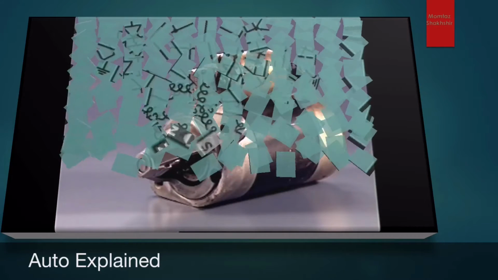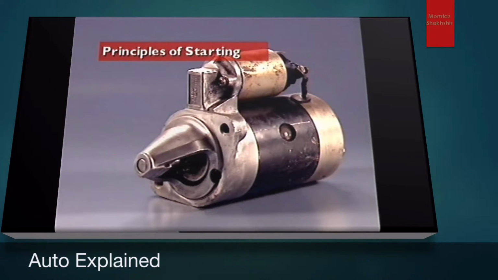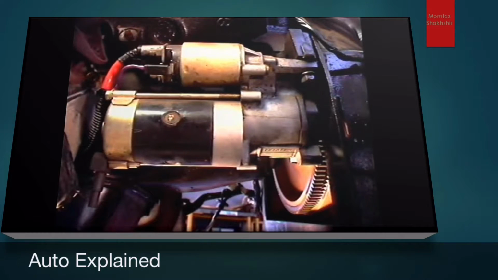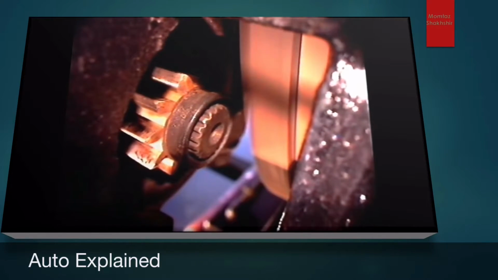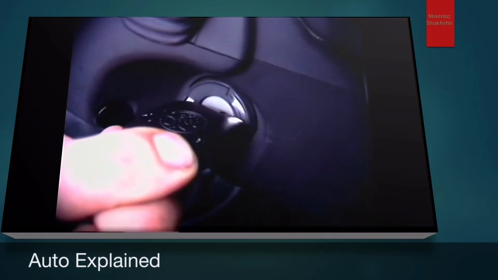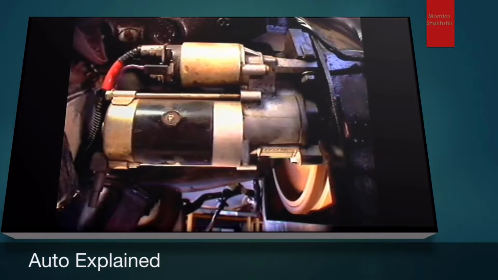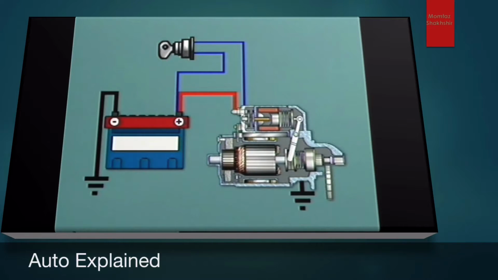This section examines principles of starting. The starter motor converts electrical energy to mechanical energy and is mounted on the cylinder block in a position to engage a ring gear on the engine flywheel. Starting is usually accomplished by the operator activating a starter switch as part of ignition key operation. This allows a relatively small current to flow to a starter solenoid relay and operate a plunger attached to a